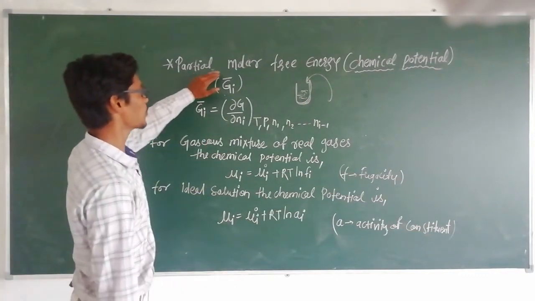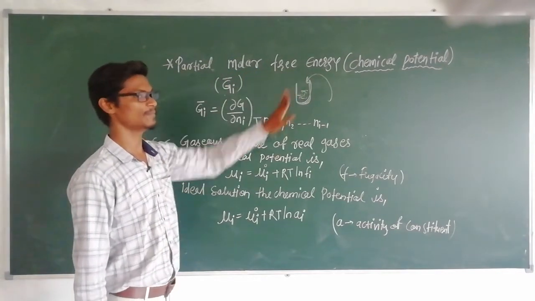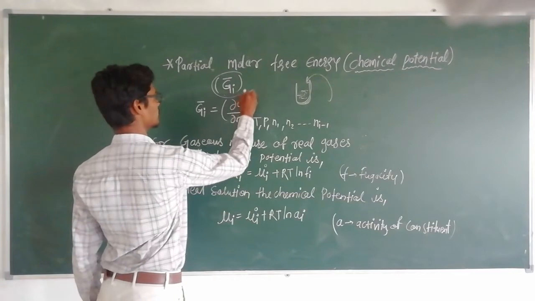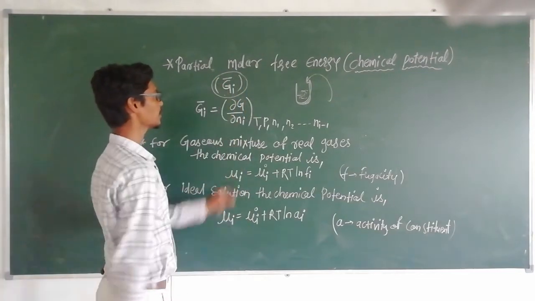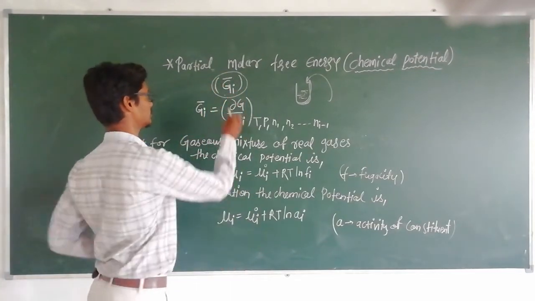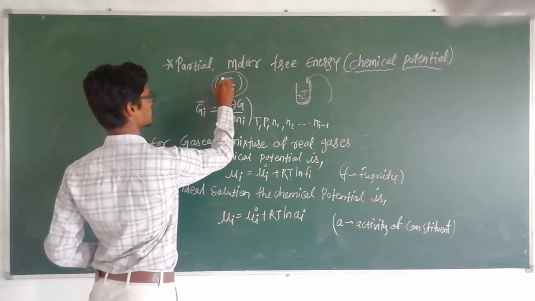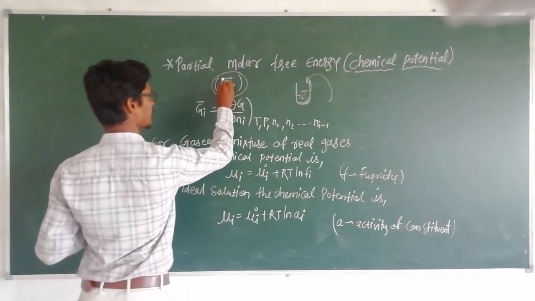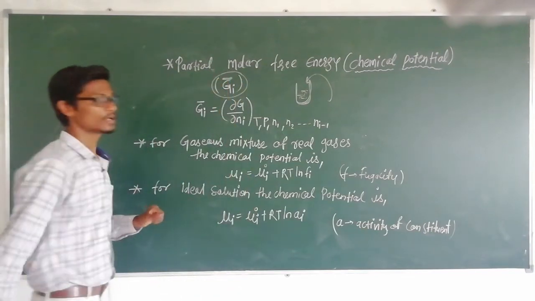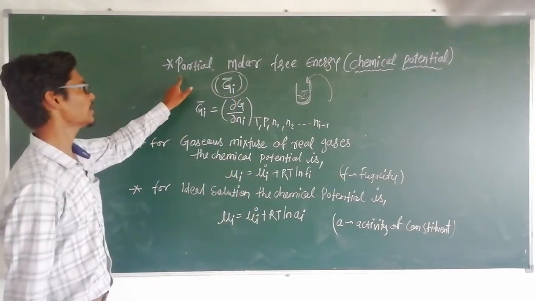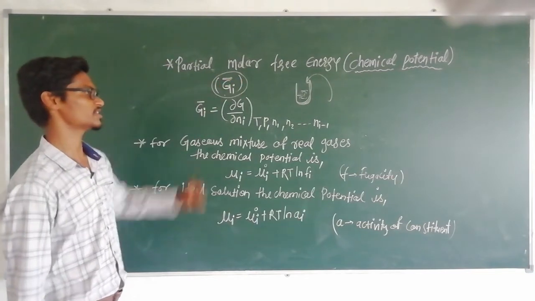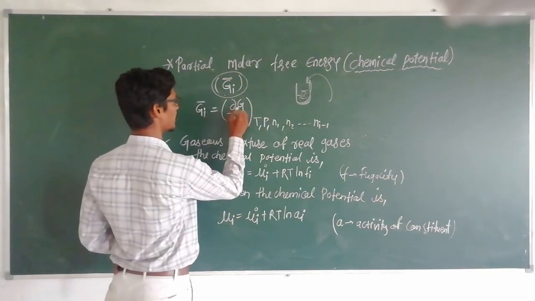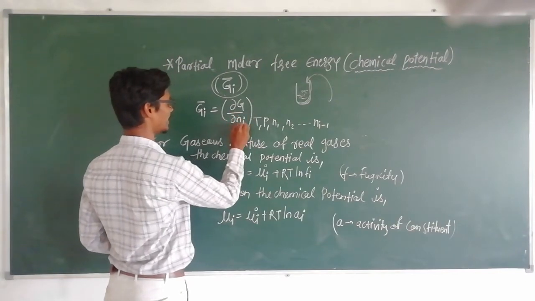This partial molar free energy, or chemical potential, is generally denoted by the symbol Gi bar. The formula for partial molar free energy is Gi bar is equal to delta G by delta Ni